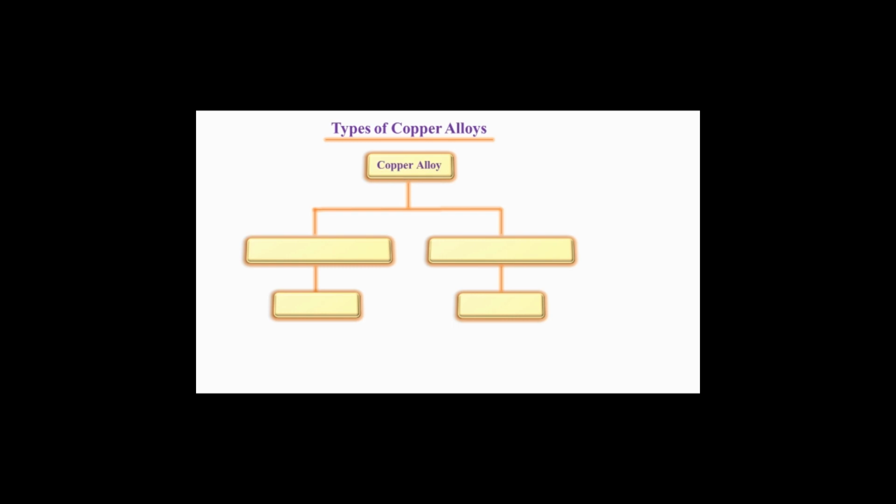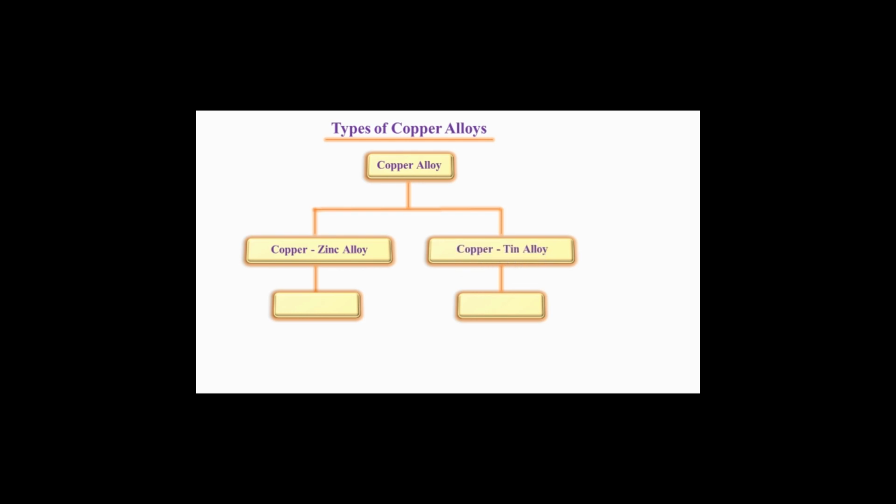this is copper alloy. Now what is written here: copper zinc alloy. Please see guys, copper zinc alloy. If you mix zinc with the copper, then what will we get? And this is copper tin alloy. If we mix tin with copper, then what will we get? I am repeating, please see, this is copper alloy. Okay, there are two basic types of copper alloy, that is copper zinc alloy and copper tin alloy.